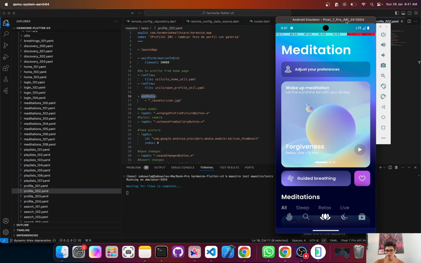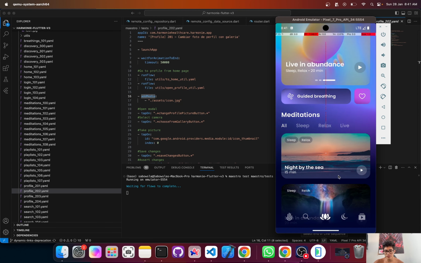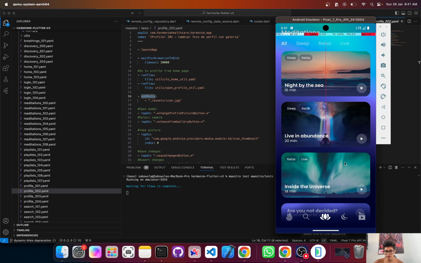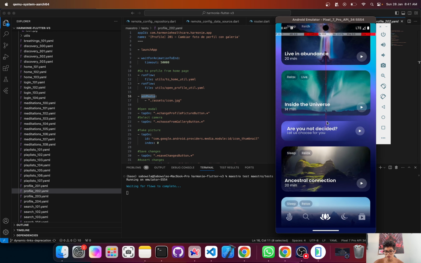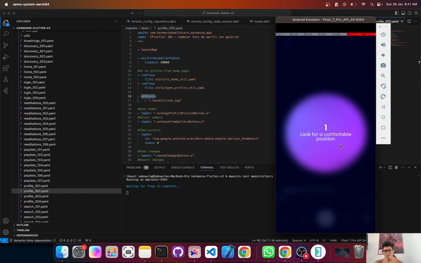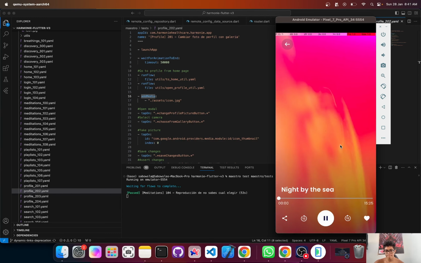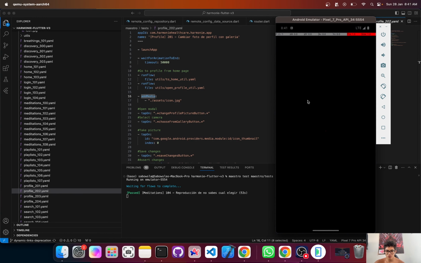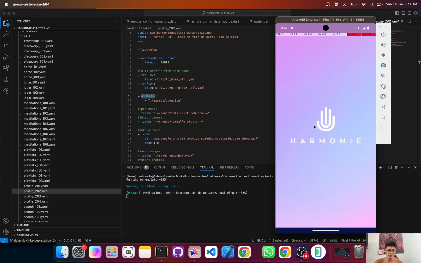And as you can see here is the Maestro running. It's trying to complete playing a meditation. So, oh, it's actually trying to play a random meditation, I think. Yeah, as you can see, it's showing where it's scrolling through. It will show where it taps. Okay. There we go. So the flow here basically ends when the video player is visible because the video player is